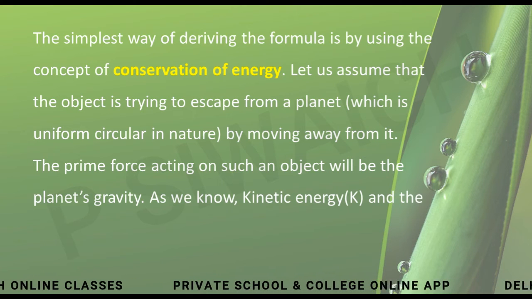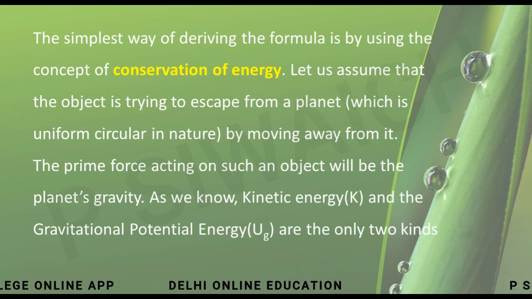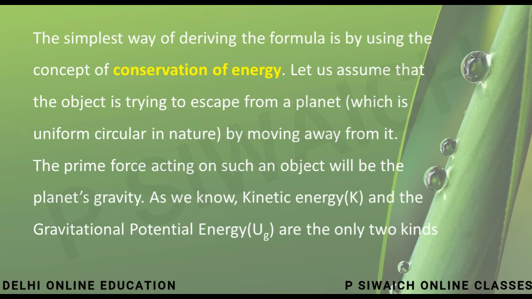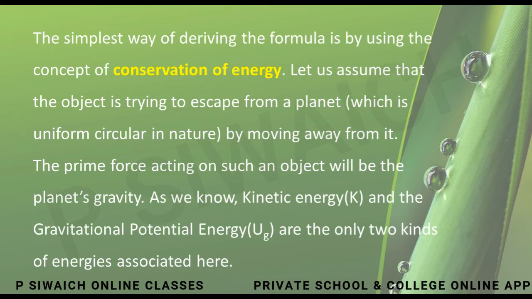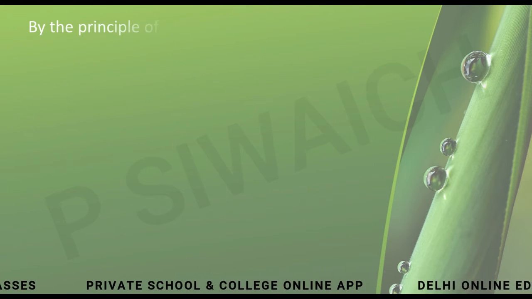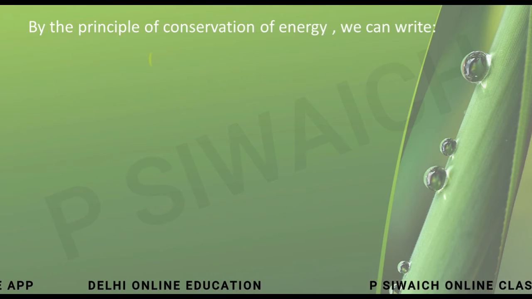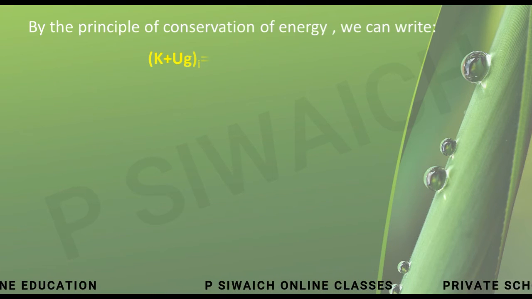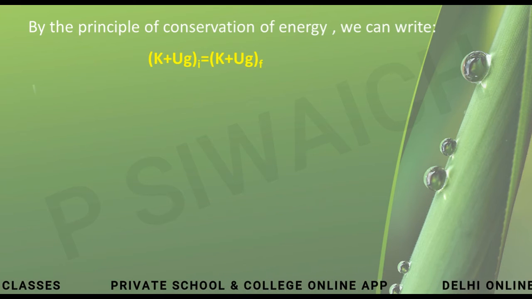As we know, kinetic energy K and gravitational potential energy UG are the only two kinds of energy associated here. By the principle of conservation of energy, we can write K plus UG initial equals K plus UG final,